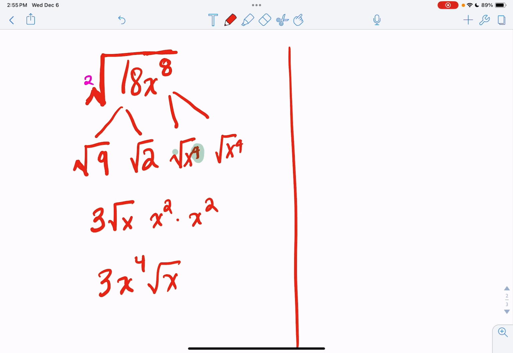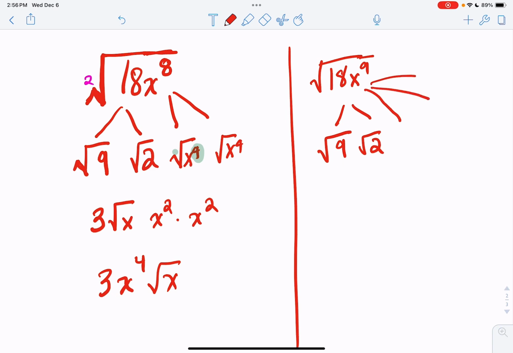Let's say instead of x to the power of 8, it was 18x to the power of 9. Then that would be a little bit tricky, a very small change. We still have radical 9 and radical 2. Now, when we break the exponents for the variable, this is still x to the power of 4, again x to the power of 4, but the last one would just be a radical x, which gives us